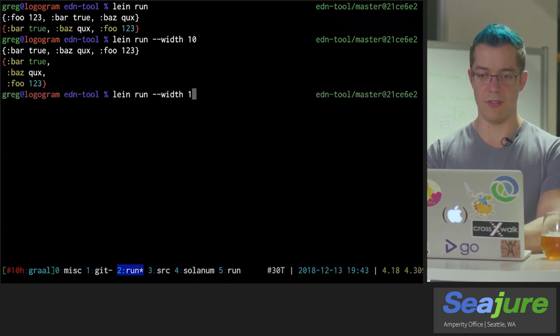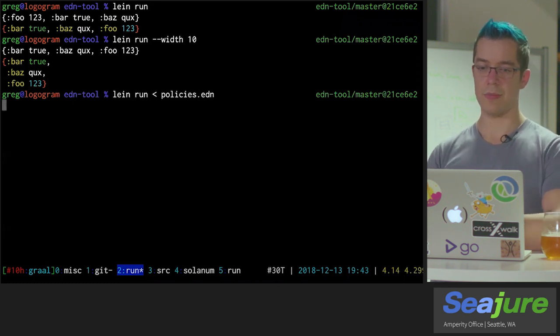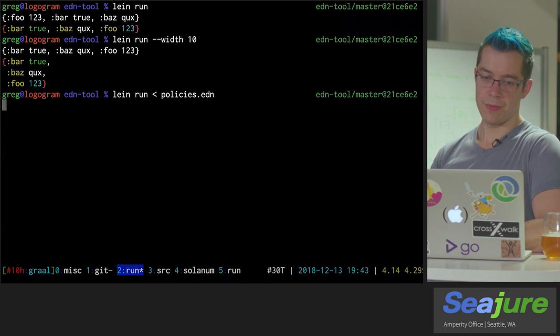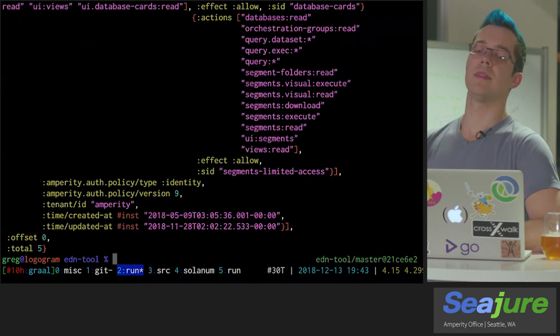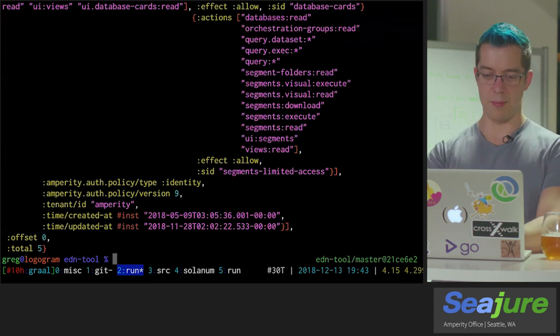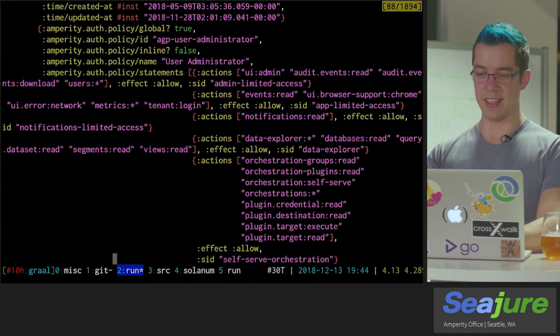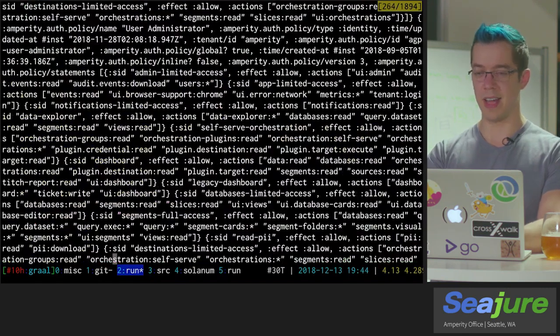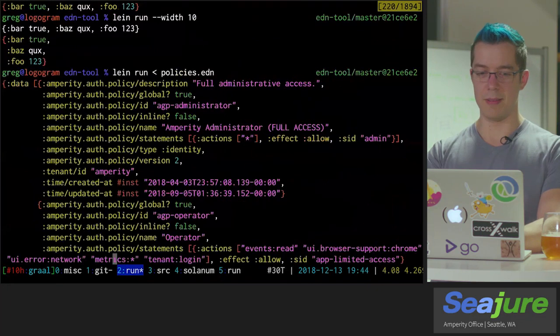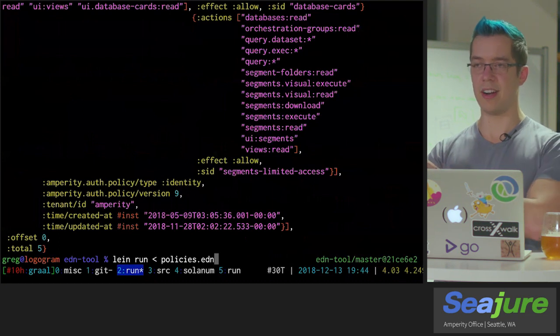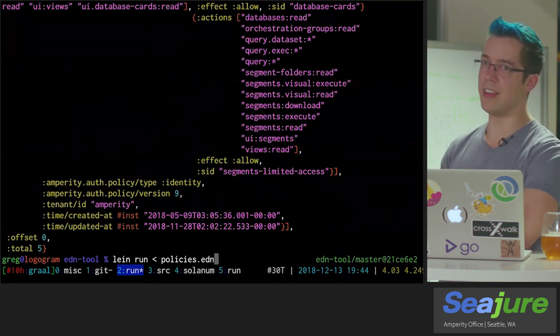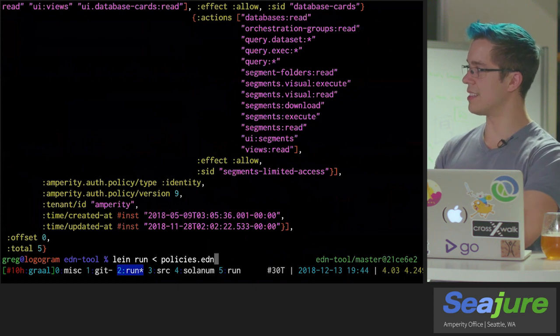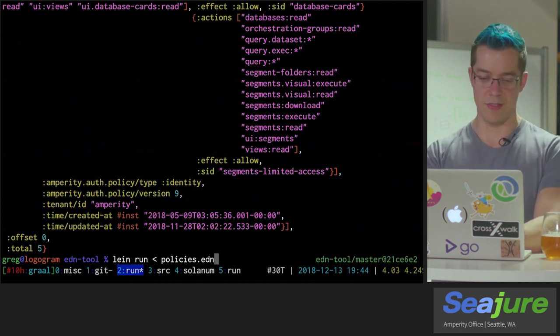So what happens if we feed in that giant block of EDN from before? There we go. So it ran. It pretty printed the whole big block for us. This is definitely easier to understand than the single line of no whitespace EDN that we had before. But I'm sure you noticed there was a bit of a pause there before this thing kicked in. And to be fair, lein run is actually starting up 2 JVMs and loading 2 entire sets of classes into it. So this is far from the fastest thing.